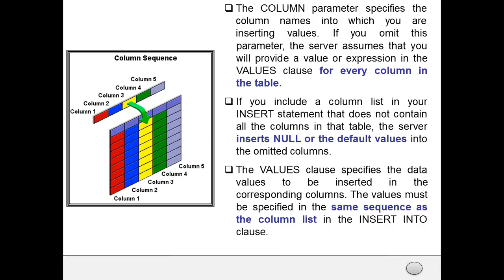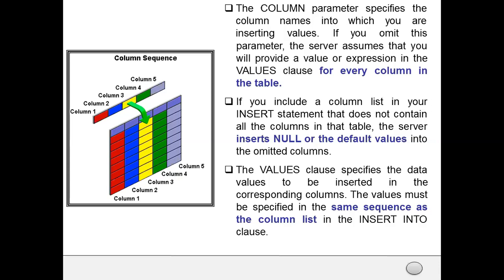But if we specify the columns for which we enter values, then it enters values into those columns only, and if some column is missed out, then it takes null. So if you include a column list in your insert statement that does not contain all the columns in that table, the server inserts null or the default values into the omitted columns.